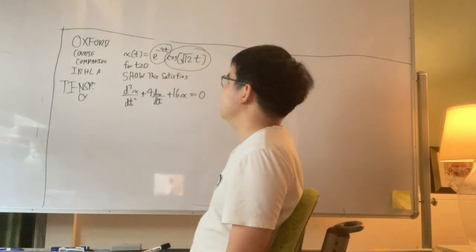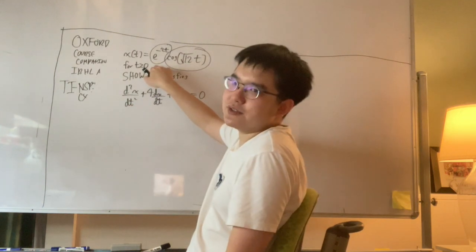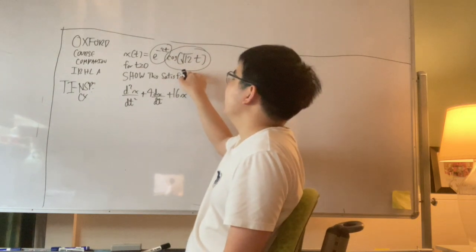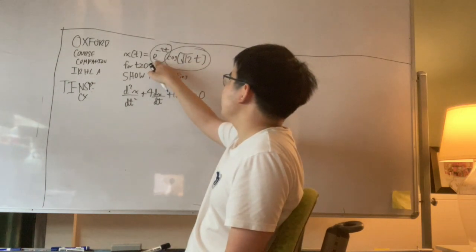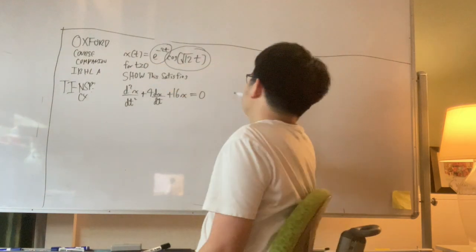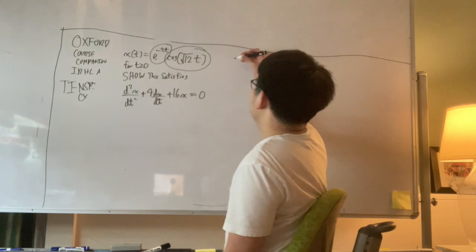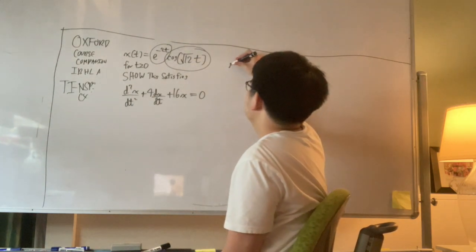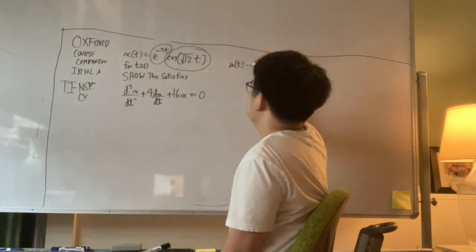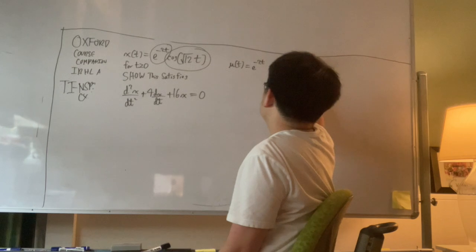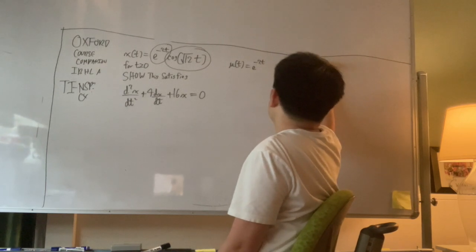The product rule is: you leave one function constant, you differentiate the other, and then you add it to the case where the other is kept constant and you differentiate this other function. I'm not going to write the product rule, just so you know it. So then you have u of t equals e to the negative 2t, and v of t equals cosine of